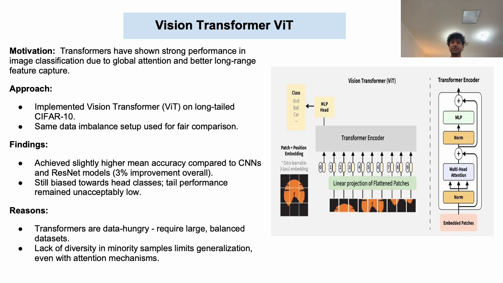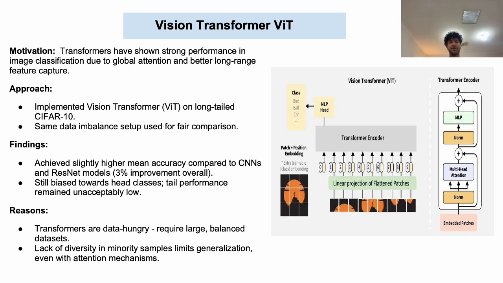I've implemented the Vision Transformer, ViT, on the long-tail CIFAR-10 dataset, and what I have found out is that this does achieve slightly higher accuracy numbers and better recall values than the CNNs and the ResNet models that we've tried out before, but the improvement is almost negligible. It's like a 3% improvement overall,